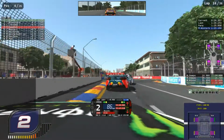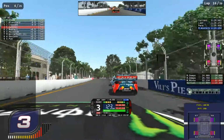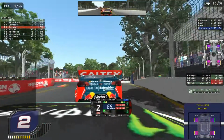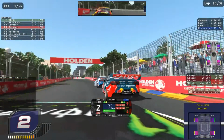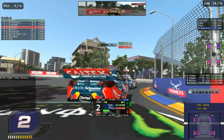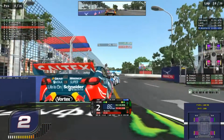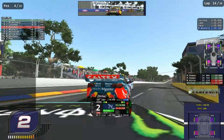So someone else has pitted. It has to be, because we're missing someone. I'm up into fourth. I thought this was fifth. Interesting. So someone else disappeared from that ordering, unless I just counted the positions wrong. So Craig Lowndes in front of me. He's trying to get past